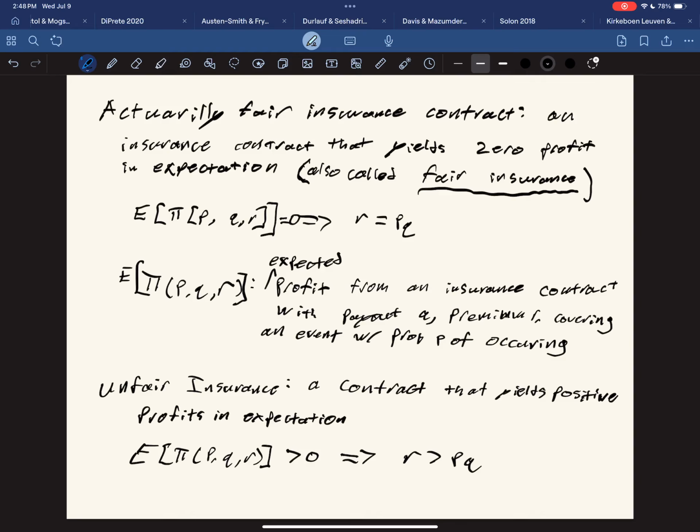So next up, the other notion of perfectness of a contract, right? So one is whether it's fair or unfair. If I'm being insured, I prefer a fair contract to an unfair contract. The other thing is if I'm being insured and I'm risk averse, I prefer a full contract to a partial contract. So a full insurance contract